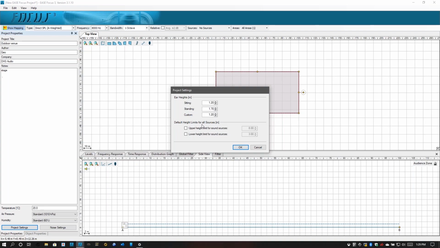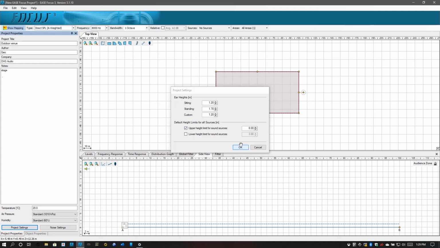This default limit height is for our sound sources. This is an overall limit for our project. Say your roof is only 30 feet high and you put a speaker in here and you accidentally put it at 30 feet high. This will give you feedback to tell you that it's gone over its metering. So since we have 8 meters here as our limit and I select yes,